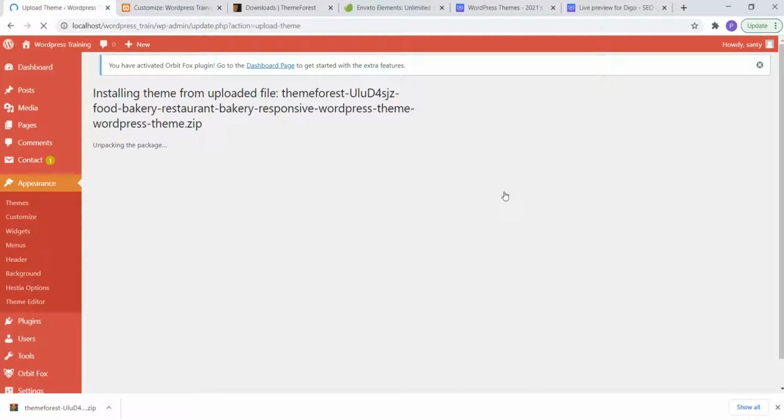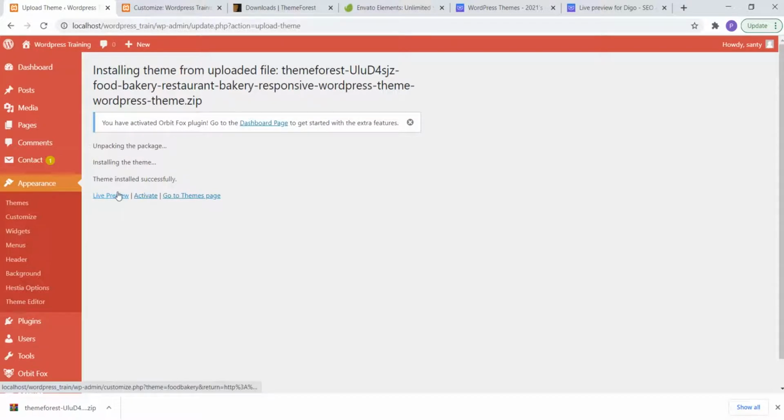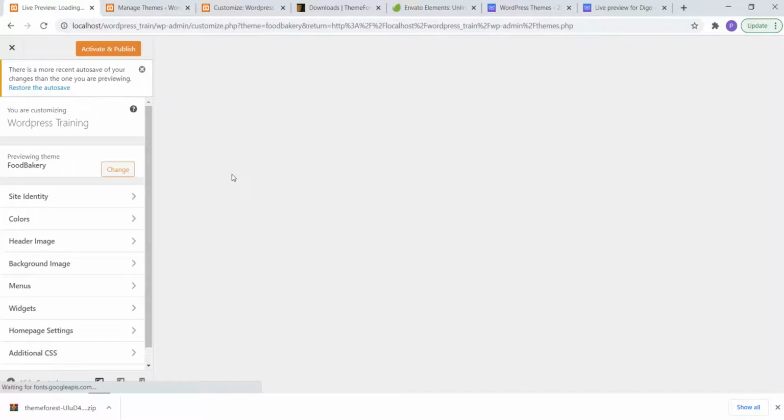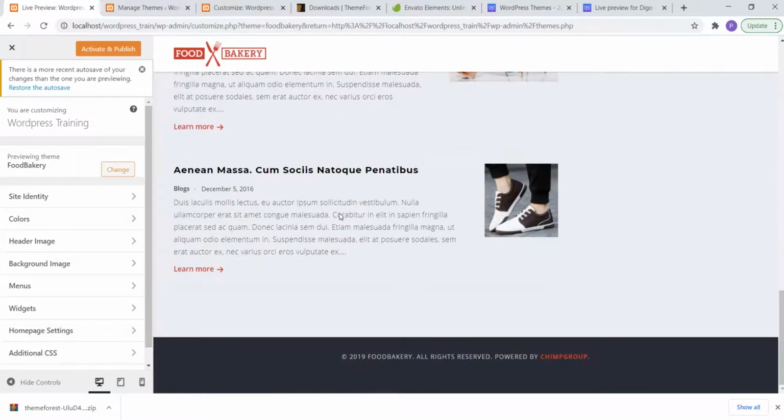So when you upload it, it takes a little bit of time to get uploaded, and it also installs all the plugins, or it will recommend that we get the plugins installed manually. So if you see here, you will be getting a notification about what is happening currently. So it is done. You can go to the themes page, or you can directly visit how the website looks. So this is how my website looks.